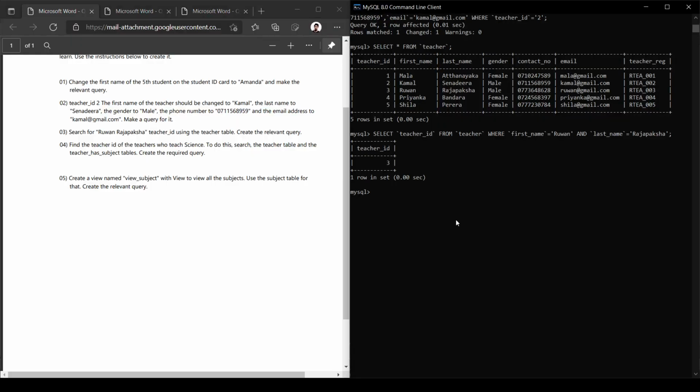So let's start writing the select query. Select, for now, asterisk from. Here's the first one. We need to output the teacher id. So teacher id is in teacher has subject table. So teacher has subject. Then we can write our condition where